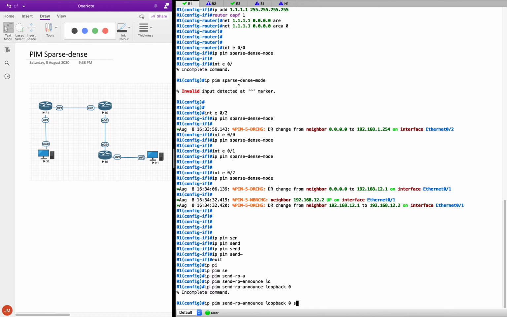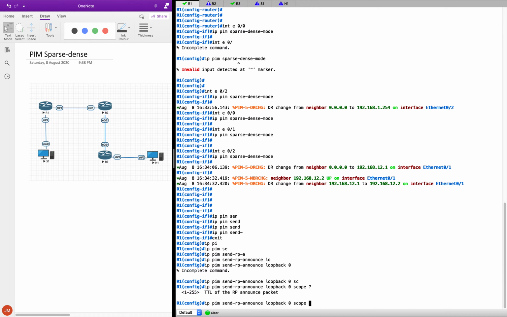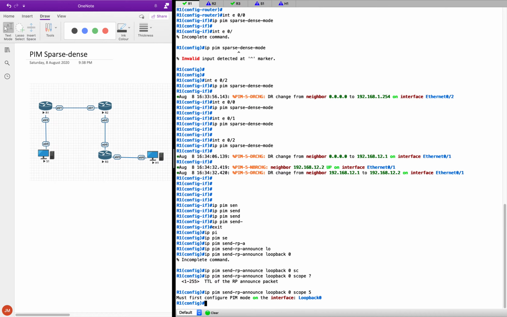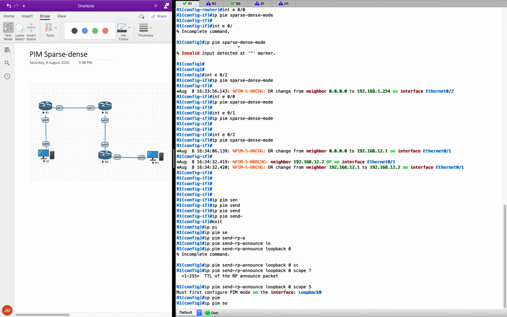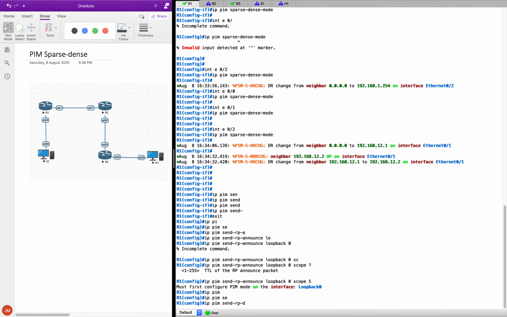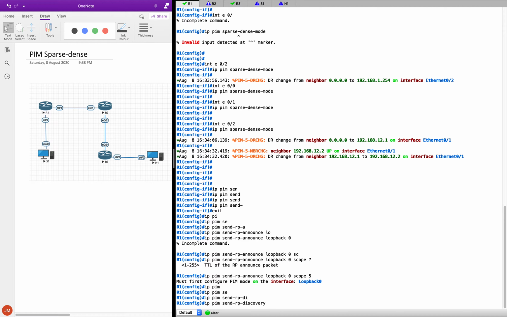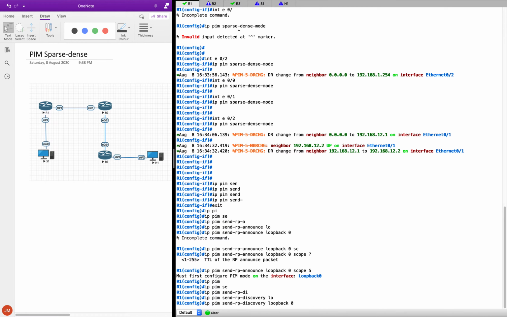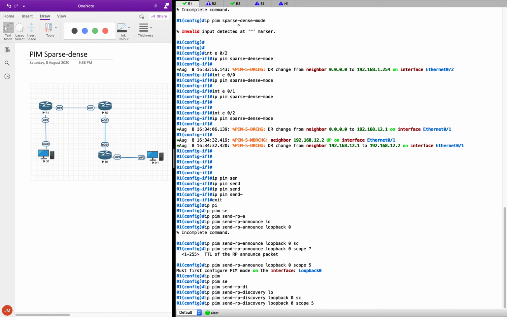Loopback 0, we'll have to put a scope, right? The TTL, okay, we'll put 5. If you have a big network, probably you can increase that. And the other one is IP PIM send RP discovery, and we're gonna say loopback 0 and the same scope 5. So now we have done with the whole